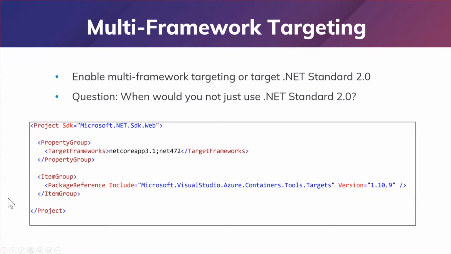Okay. So the reason why we could not target .NET Standard 2.0 was because of Entity Framework. We will look at that more later, but you do not need to update Entity Framework 6.4 to EF Core when you go to .NET Core. Entity Framework 6.4 will run just fine, even though your application is on .NET Core.